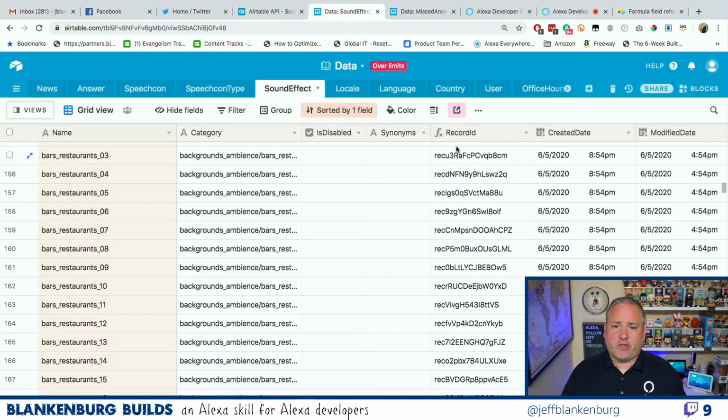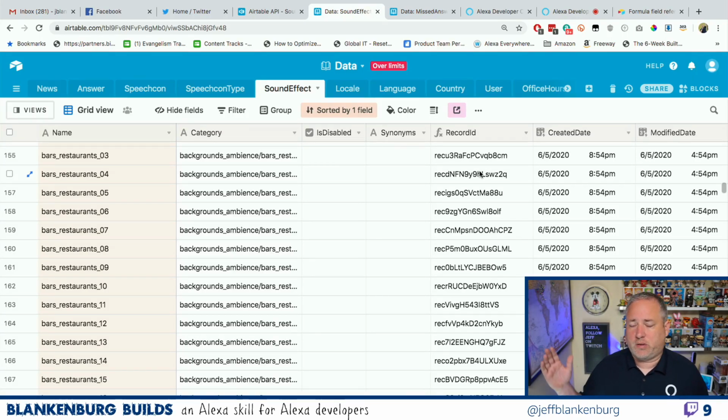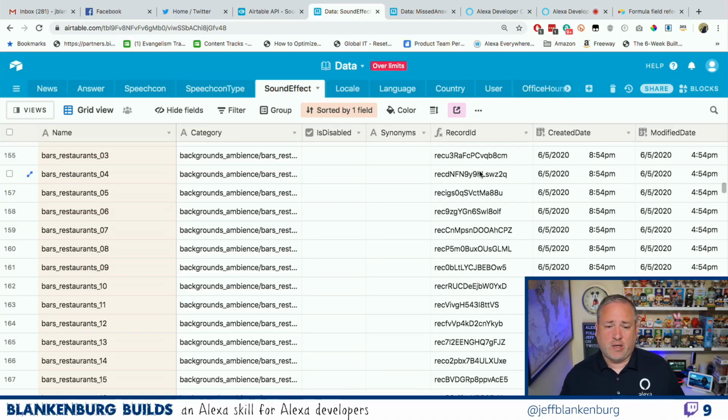So this is something that I've really struggled with: how do I pick any random sound effect? If I want to filter things down, that's pretty easy to do. I could say, give me all the ones that are background ambiance, or give me all the ones that are horns or whatever. If I have some metadata either in the name of the thing or in the category, I could filter this stuff down to maybe 15, 20 records. Then on my side, I'd bring all 20 records out of the database to my application, and then randomly pick one of those out of the collection of JSON that I receive. So that's how most of the things are done here.